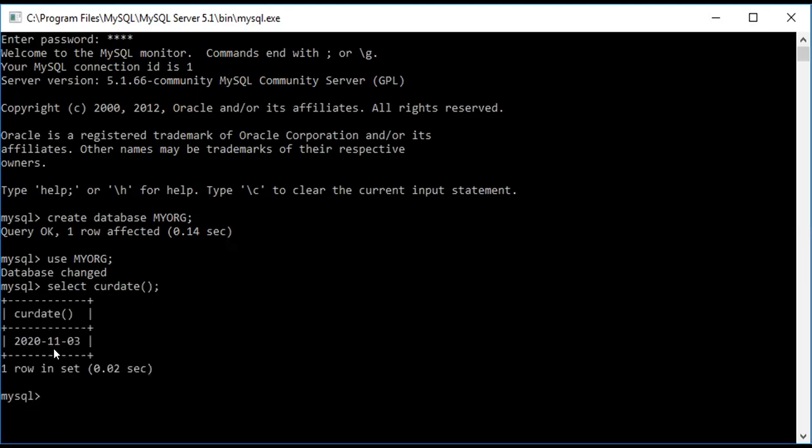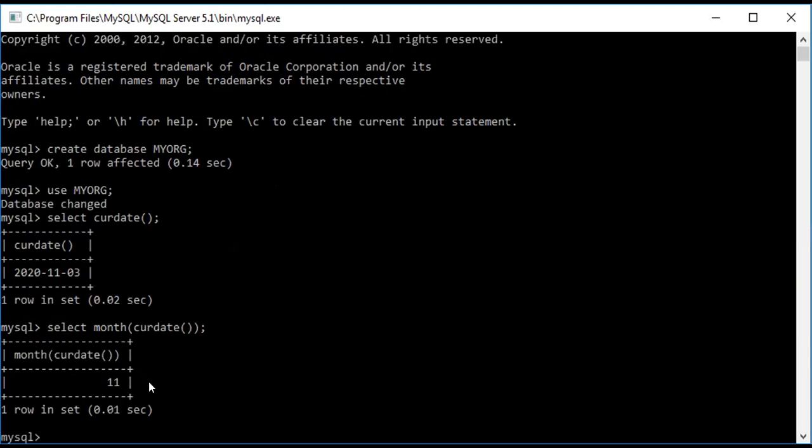Today's date is this, right? But if you want only the month, then we'll write select month date. So we'll get only the month. This will extract the month out of the current date, right?